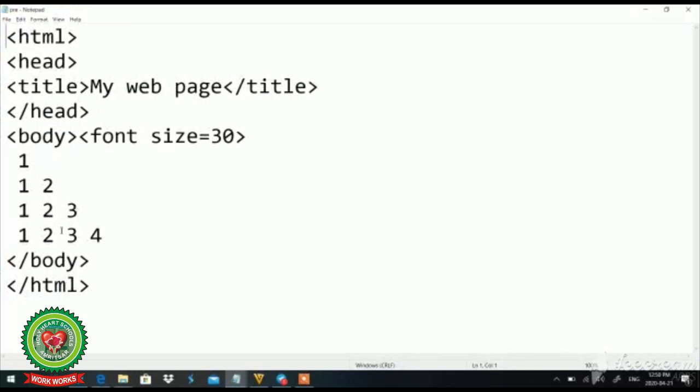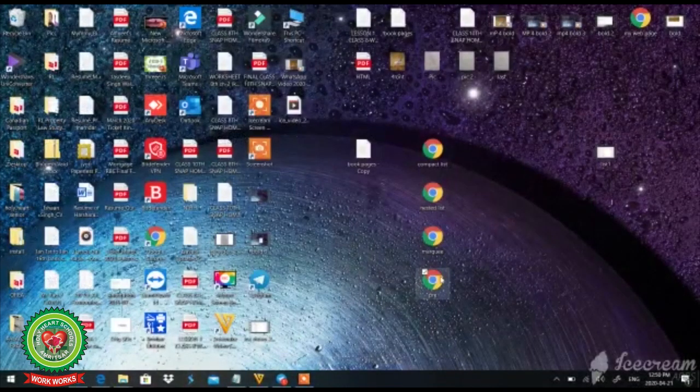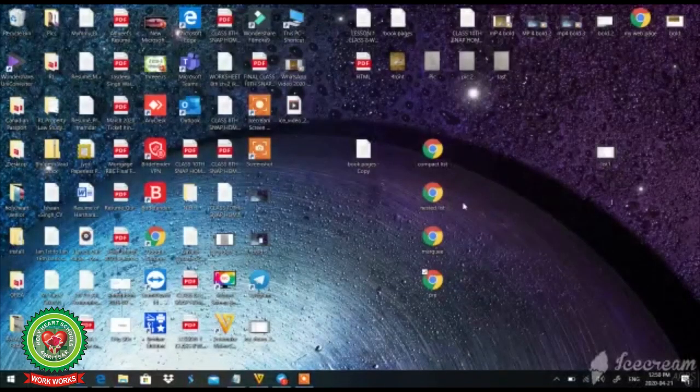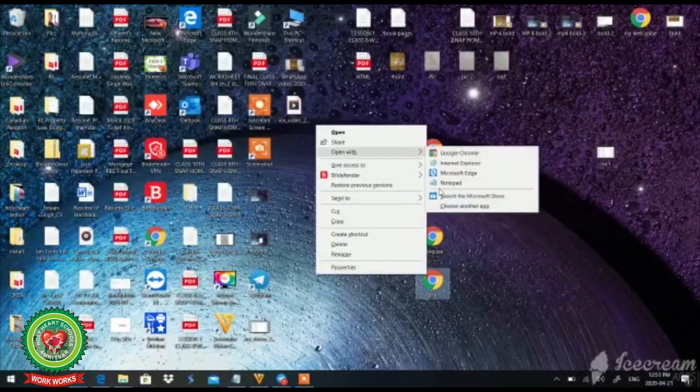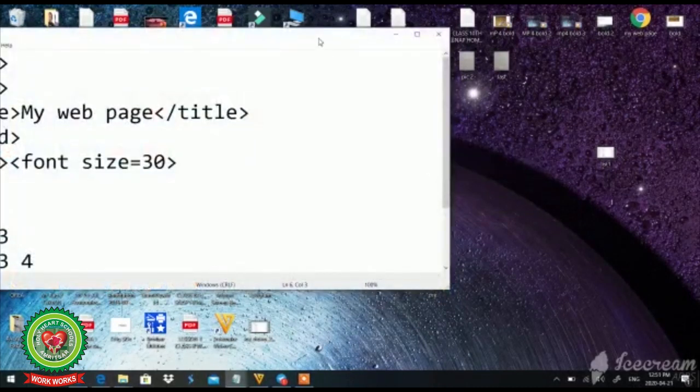See, I have written the pattern 1, 1 2, 1 2 3, 1 2 3 4. See, without using this pre tag, the output will not be the same as the pattern I want to draw. For drawing the pattern, I will use the pre tag with it. I'll show you.